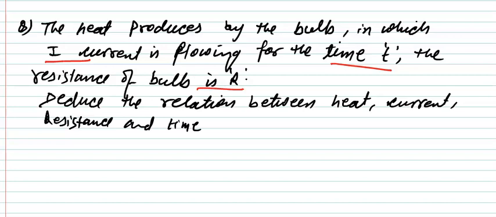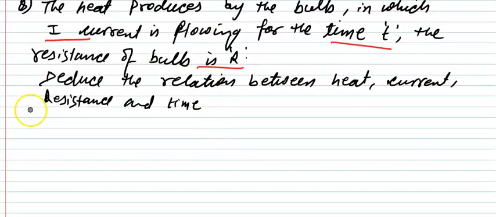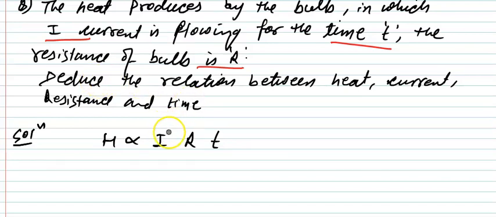So solve this one. How can we solve it? Let us take the solution. We can say that the heat is proportional to I, R and t. Yes or no? Because it depends on the current, resistance and the time. But we don't know the power of the current, resistance and time, so let us assume the powers are a, b and c. If we calculate the values of a, b and c, that will be our answer. So our main aim is to calculate the values of a, b and c using the dimensional formulas.